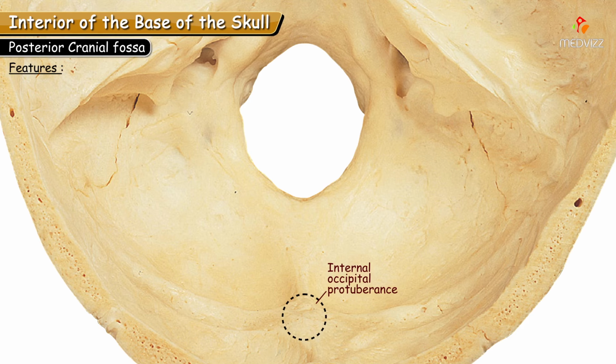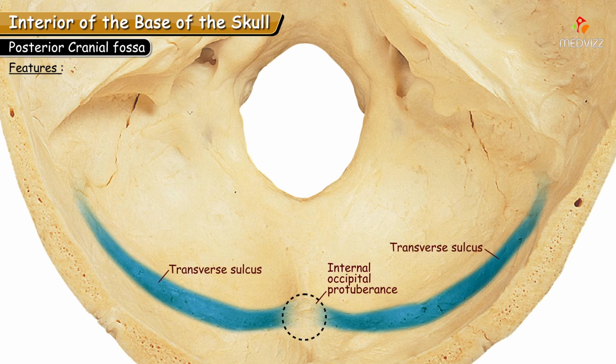This point is important because it is related to the joining of most of the dural venous sinuses which are present around the brain. So this point is otherwise called the confluence of dural venous sinuses. On each side of the internal occipital protuberance, we can see a shallow sulcus called the transverse sulcus. So this right and left transverse sulcus lodges a dural venous sinus known as